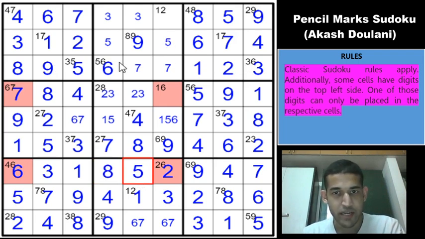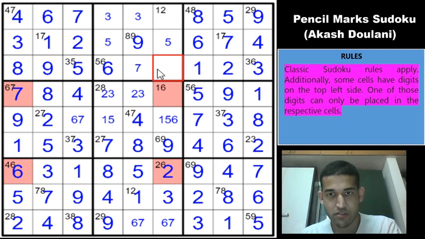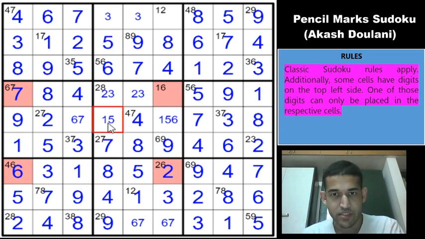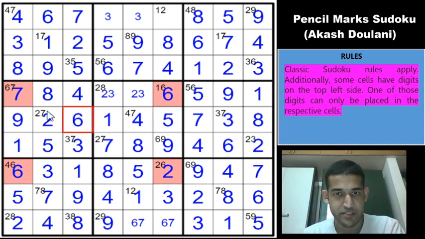Along row 3, remaining are 4 and 7, but 4 is here, so this will be a 4 and this will be a 7. And 1, 2, 3, 9, 4, 6, 7, so 5 and 8. But 8 is here, so this will be 8. This will be a 5. This will be a 1. This is a 6. This is a 5. And this has to be a 6, right? Because 7 gives a 6 here.